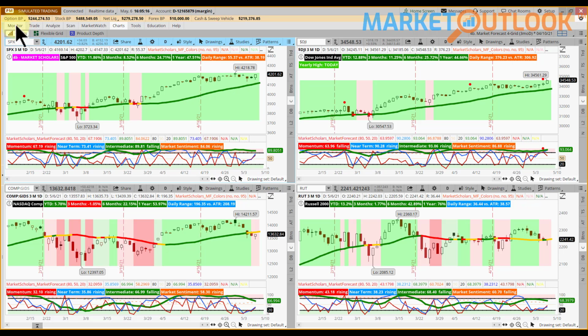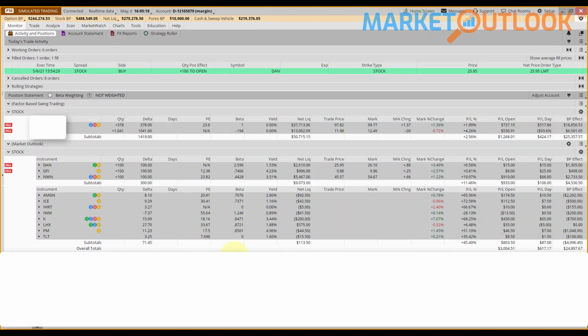I think we've done pretty well. If I go over here and look at our trades that we put on, we've only lost one trade that I put on here recently, and that's that bear call spread on IWM. That's the only one where we have any losses right now. All the rest of these are winning trades, and that goes with these factor-based swing trading trades